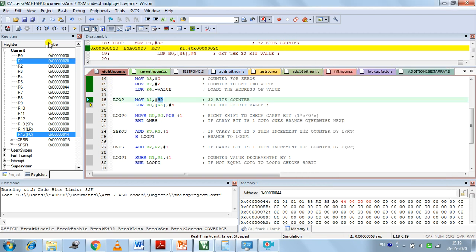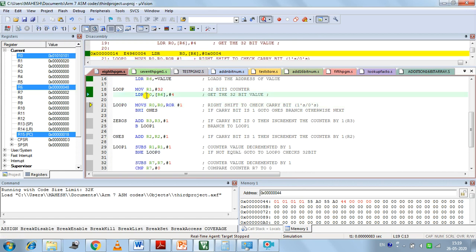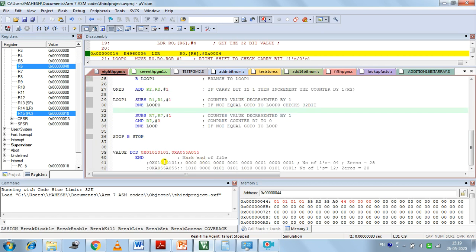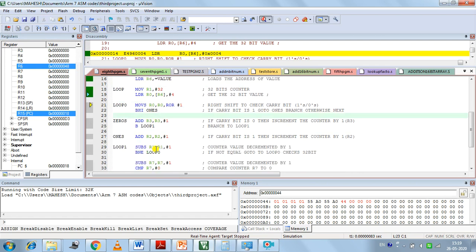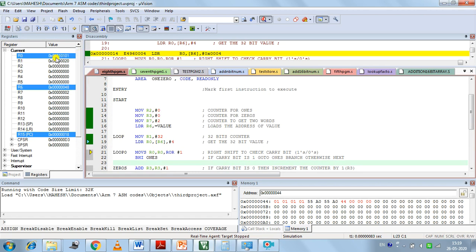Now I can see that after execution of the next instruction, LDR R0, R6, whatever number is stored at this address is loaded to R0. You can see that the first number is loaded into R0.